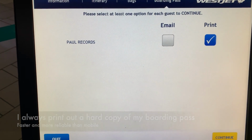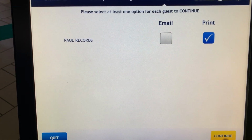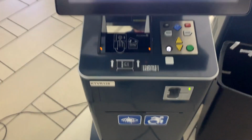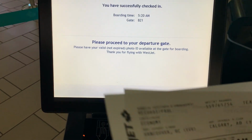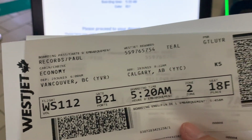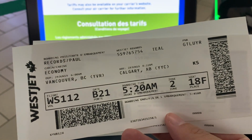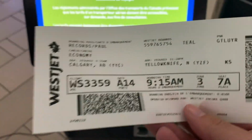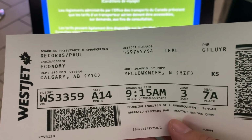So I went ahead and printed those off, and it only took just a few moments to get those, and then just verify that everything on there looks good, and then head off to security. So after the boarding passes print off, I take a look at them, make sure everything looks good. I've got 18F on the first flight out of Vancouver to Calgary, and then 7A on the connecting flight